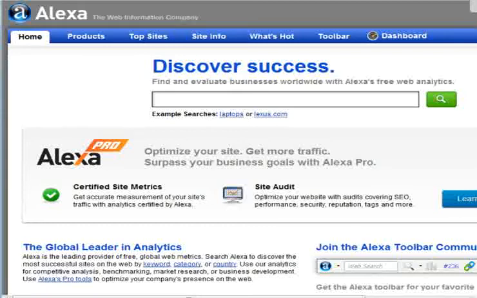However, it's going to make your life a lot easier if you do the proper keyword research. Now, I'm going to show you several steps that you can use to create a site plan. The first thing you want to do is hop on over to